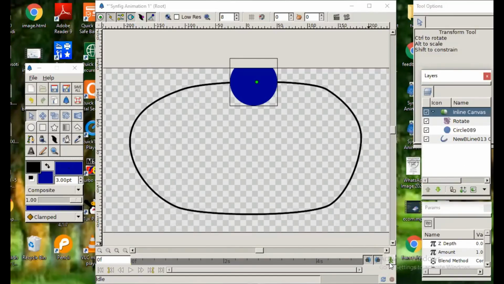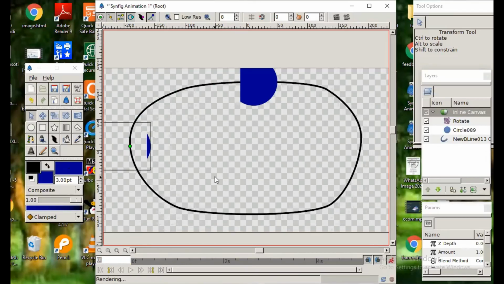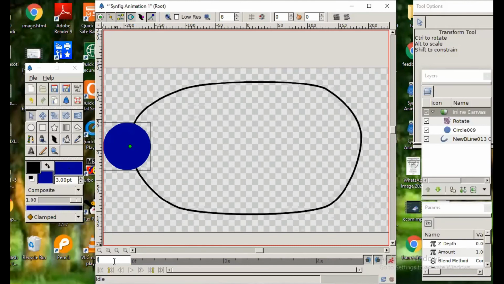To start animation, click on turn animate mode on. Make sure the time is at 0, and bring this to the place from where you want to start. Then, for example, after 2 seconds I want it at a new location, so bring it there.